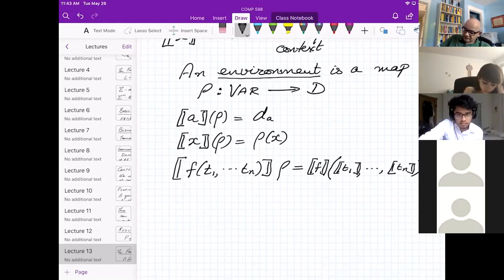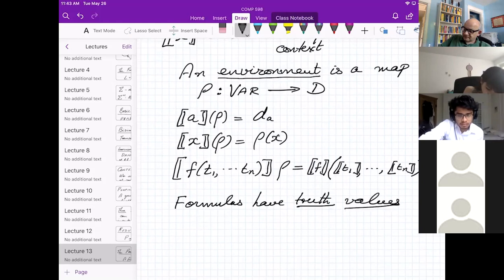Okay, so now formulas have truth values relative to an interpretation.